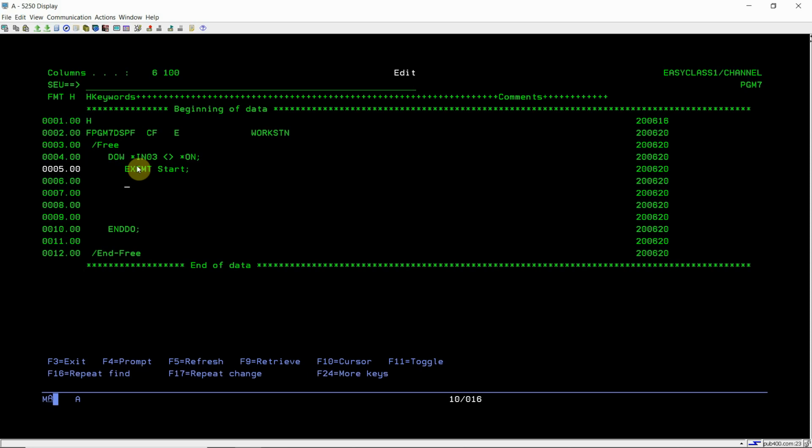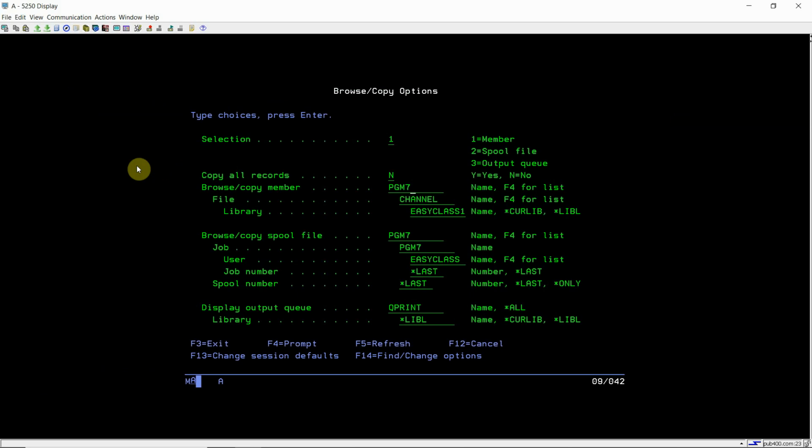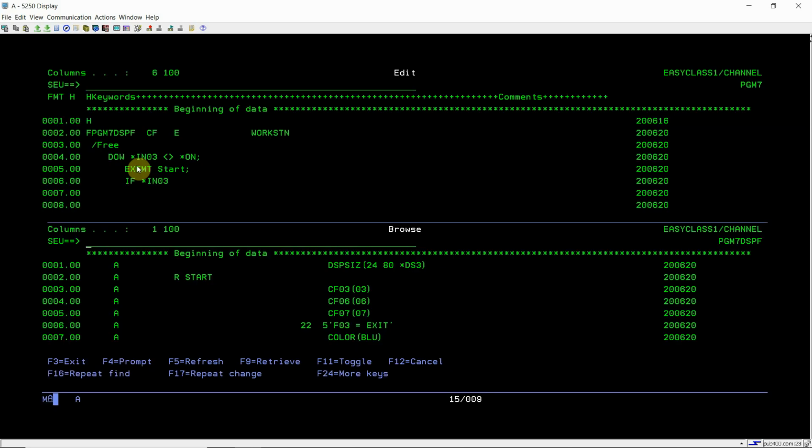So I'll be doing the handling for F3. Once F3 is pressed, IN03 is the indicator which is associated with F3 in the display file. If you see here in the DSPF, you can see that if F3 is pressed, the 03 indicator will be on.